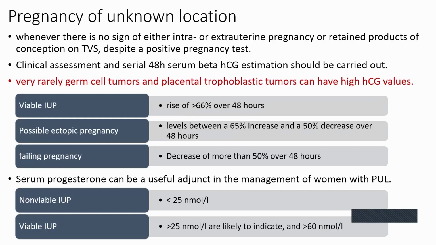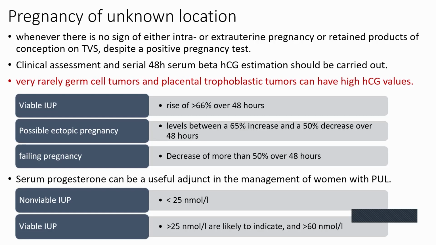So this pregnancy of unknown location is a term that we use in the early part of the pregnancy in gynecology. So if the patient is having a PV bleed and a positive urine HCG test, but in the ultrasound scan we can't see a pregnancy, intrauterine or extrauterine, we label them as pregnancy of unknown location. In such instances, we have to do a serum beta HCG level to confirm. And according to the initial value, we have to repeat the beta HCG level in 48 hours.